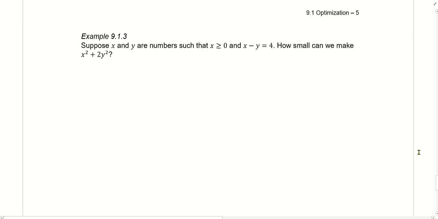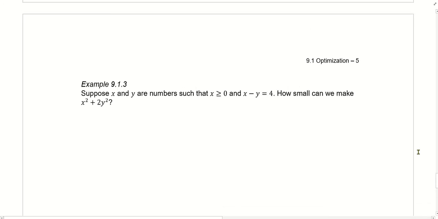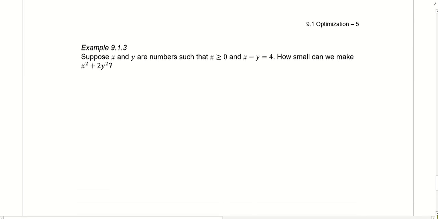All right, let's do one more example here. And this one's less of a physical example and more of one where there's not really anything to write or draw. It's more of just kind of going right into step 2. So this one is more to show that you can still do optimization problems when it's less of a physical